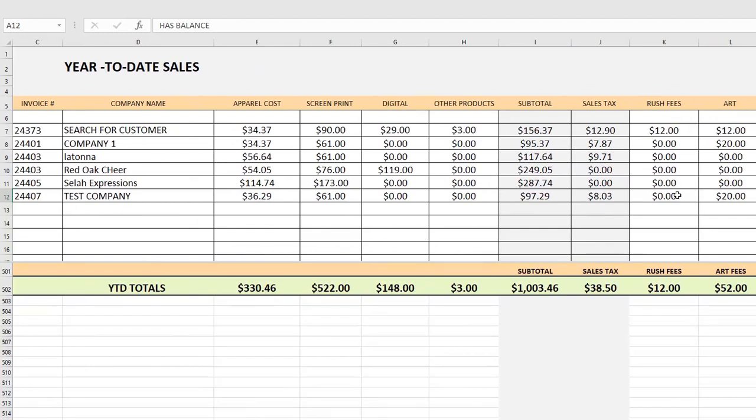So throughout the year, you'll be able to tell how much you sold in apparel. What was the screen printing cost? How many digital prints you sold? Not how many you sold, but the money that you're getting for it, what you're taking in on it, what year-to-date totals you're getting in sales on that. Keep up with your sales tax for filing your